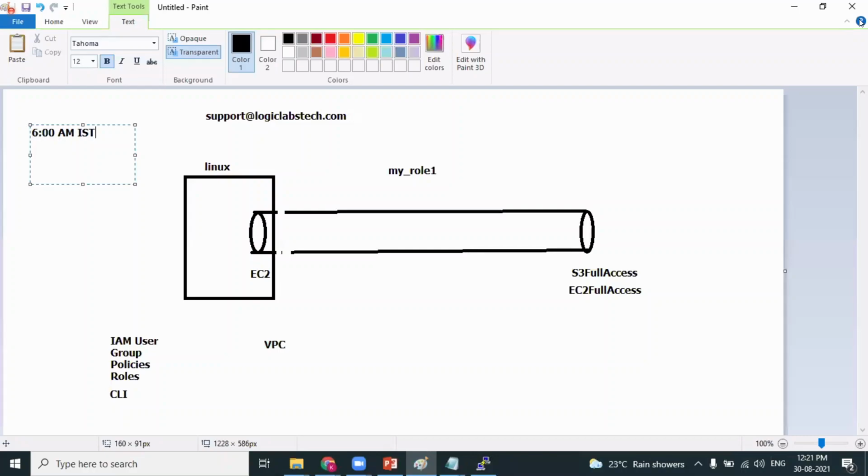Or, if you think the recordings will be handy for you, you can buy the recordings of the 6 a.m. batch. Once you buy the recordings, you are eligible to attend the live training again for free. You don't need to pay again for the upcoming batch. To save time, you can get the recordings of the morning 6 o'clock batch which is going on, and then attend the live training in the upcoming batches for free.